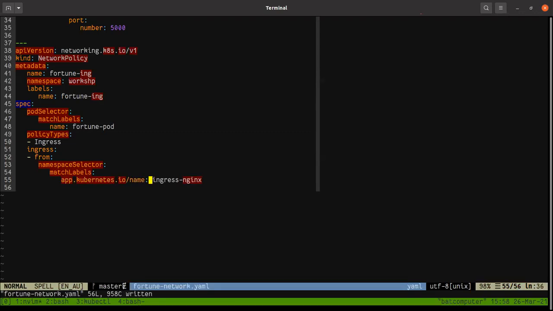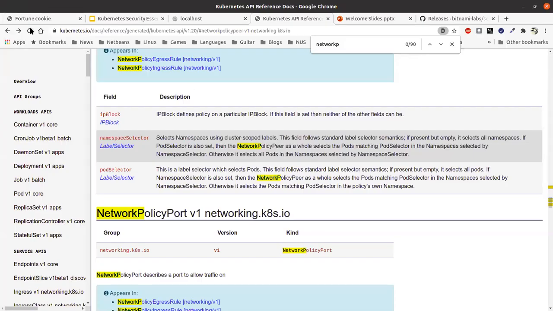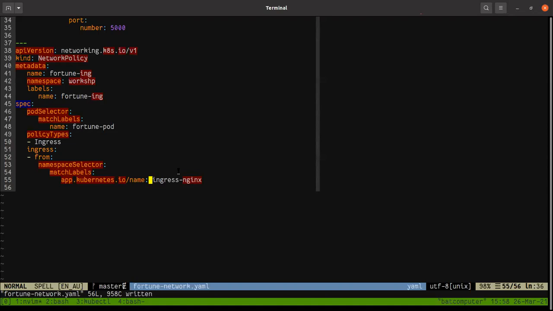That's one, right? So any traffic from this namespace. The second thing I'll need to do is select the port selector, what port from that namespace. If I don't say the port selector, any port can, I can receive traffic from any port, right? So I will go port selector, again,